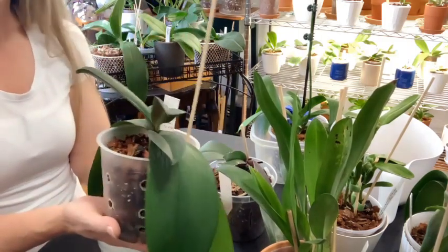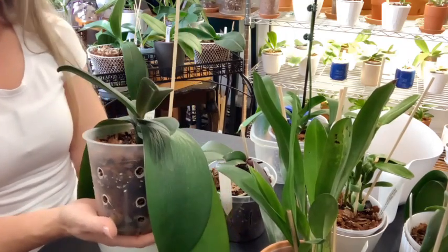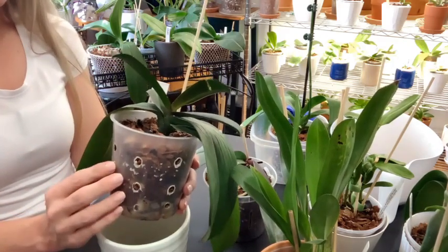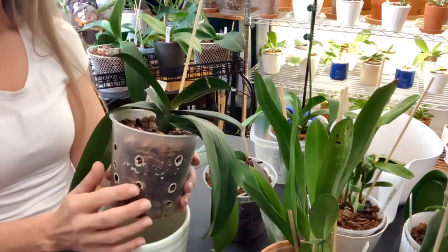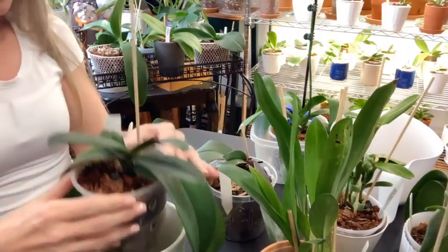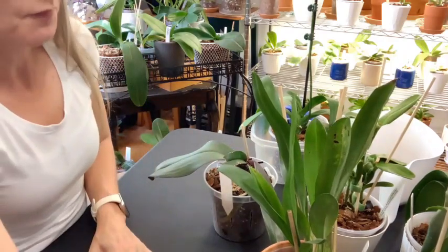The other day when we were talking about pots, sometimes if you have one in a pot without aeration holes, maybe it's one that needs it. And so I feel like she's one that needs it, because since I put her in the one with the aeration holes, and she's still in a decorative pot, so it doesn't dry out too quick. It dries out a little bit quicker than it did,